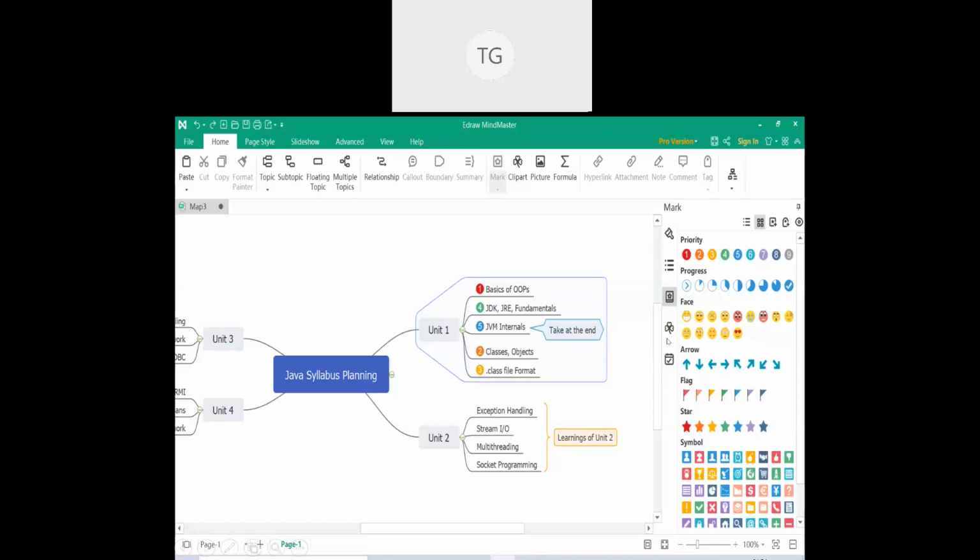So you can mark priorities. Next is you can mark progress also, that okay, priorities I've given along with my subtopics. I can also be updating my syllabus plan, as and when I'm taking lectures, side by side I'm updating my syllabus plan. So my syllabus is now 50% complete or 60% complete, 70% complete. I can go on upgrading the progress of my syllabus plan also.